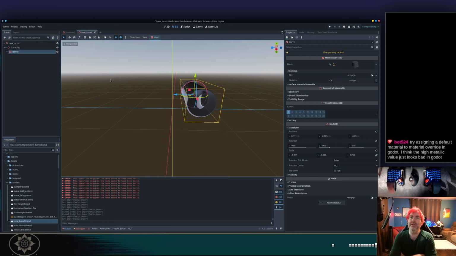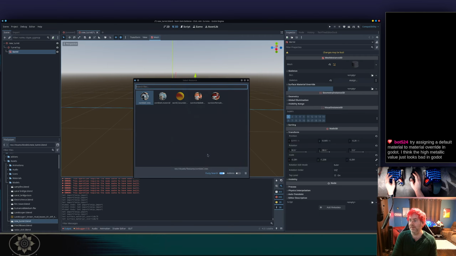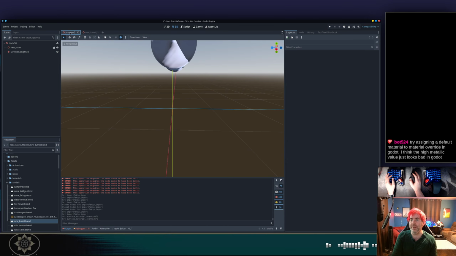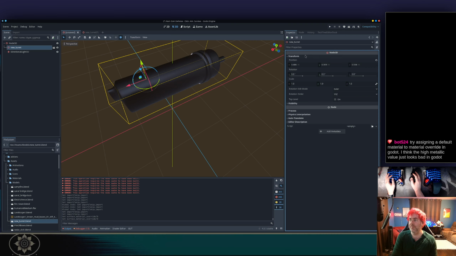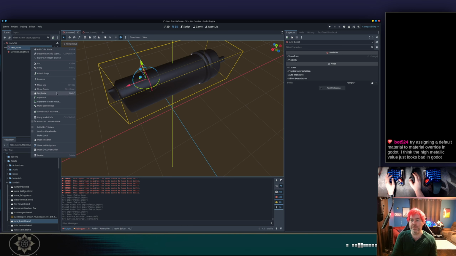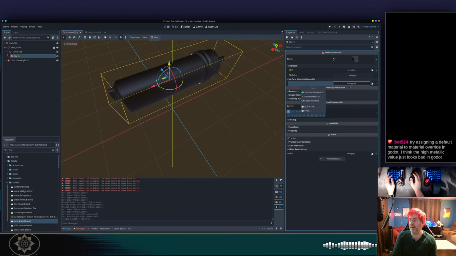So, hey, bot 524, who is probably not a bot, you said, try setting a default material to override Godot's material. I think high metallic values just look bad in Godot. Okay, let's give it a shot. So surface material override, standard material. Didn't take. Let's try here. Can we? So we do editable children, and we have a barrel, and then here we can do surface material override, standard material,